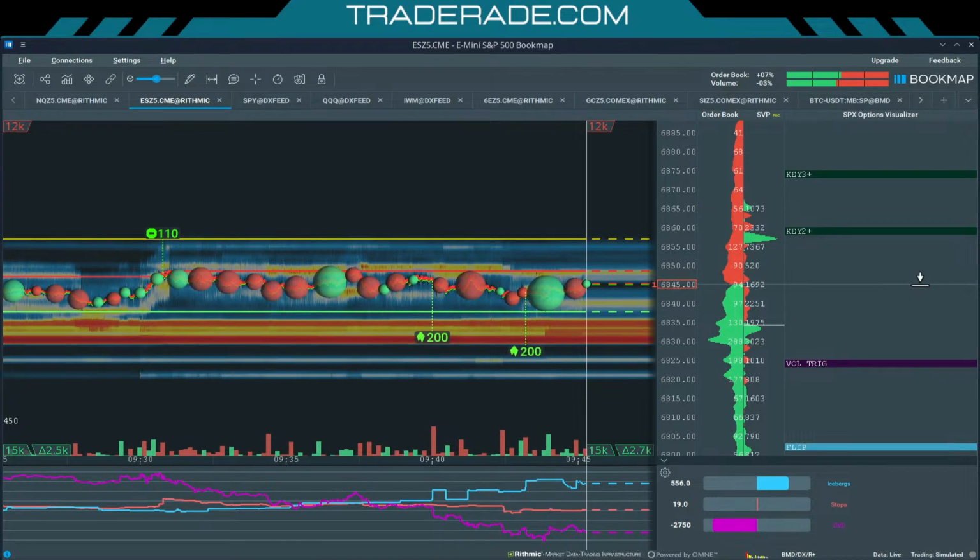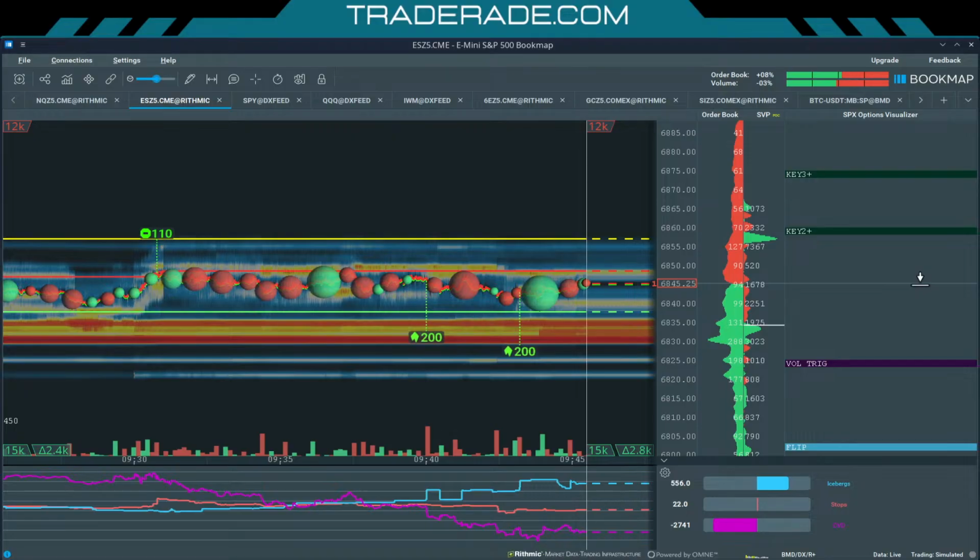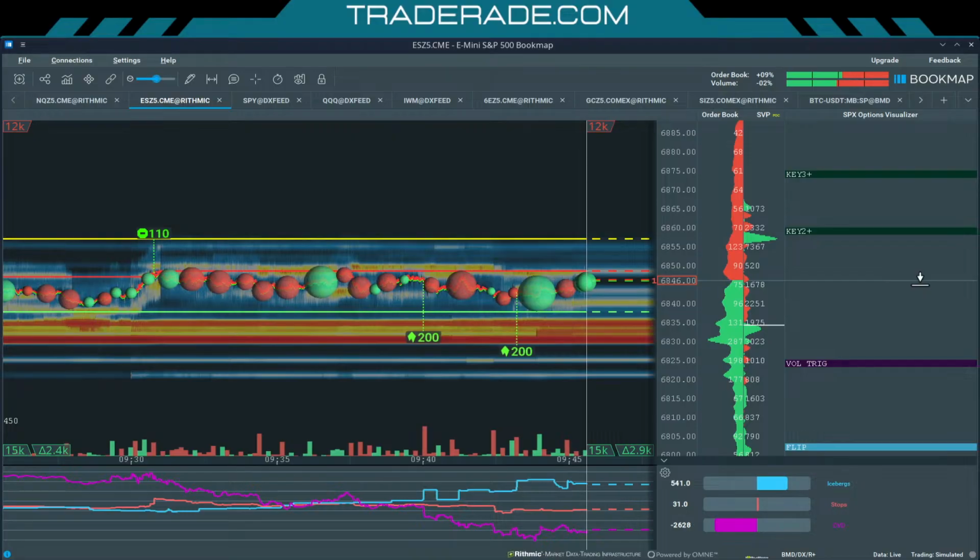Now, why do we watch options flow? What makes it important is that it's the biggest driver of price discovery. The S&P 500 index options, about 55 to 60% of them expire the same day. About 80% of them expire within a week. So it's a lot of near dated flow. But the other part of it that makes it even more